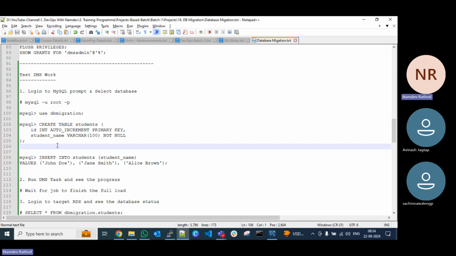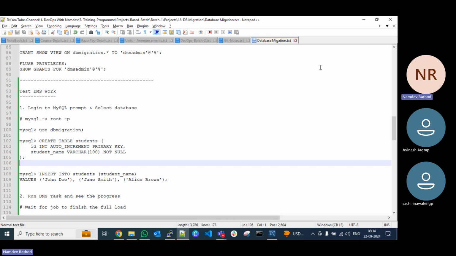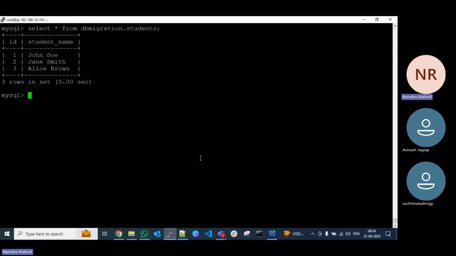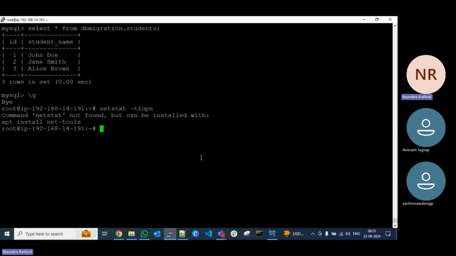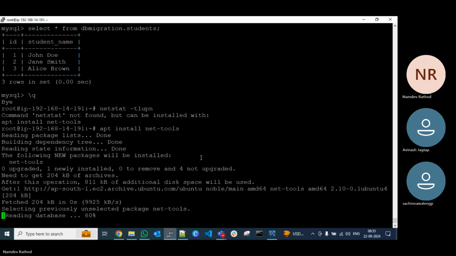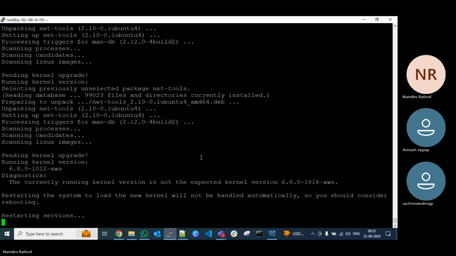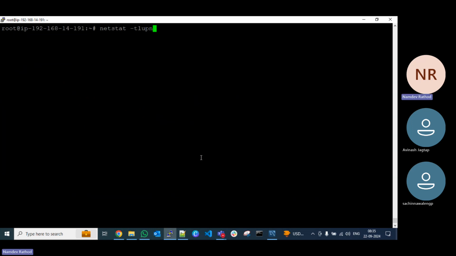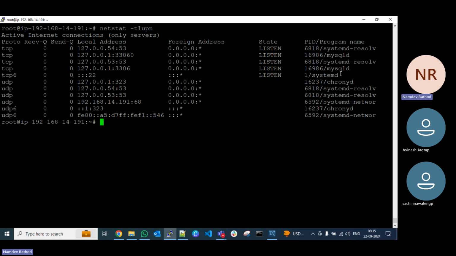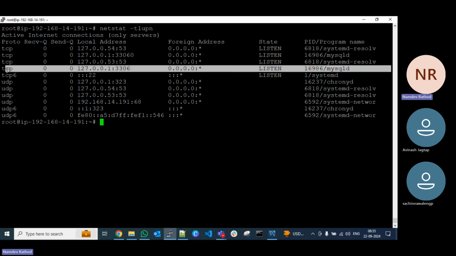I have mentioned all the steps here, so you can just follow that. Now from the database side we are almost ready. Just one more thing, make a note of this. Let me come out of this database with \q. Run the command netstat -tlup, which is just to check the listening port numbers. This is not installed by default, so let me install net-tools. Now if I run this command again, you can see MySQL port number 3306 running, but on local,